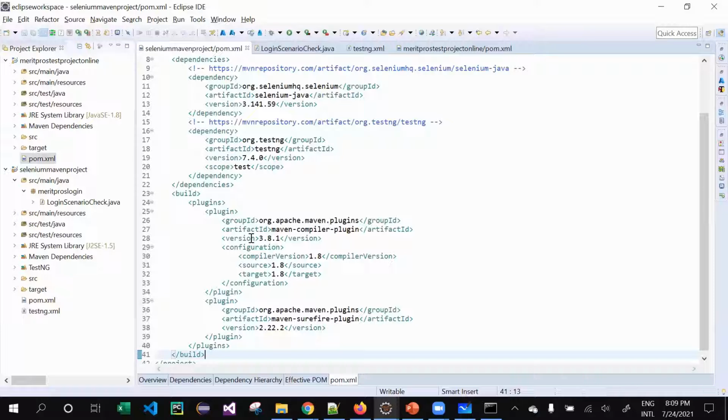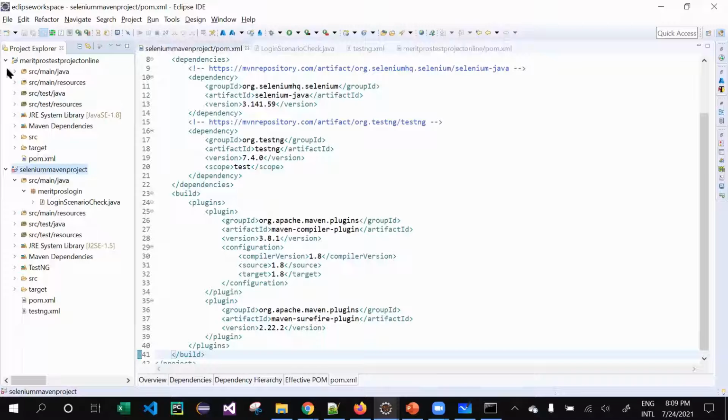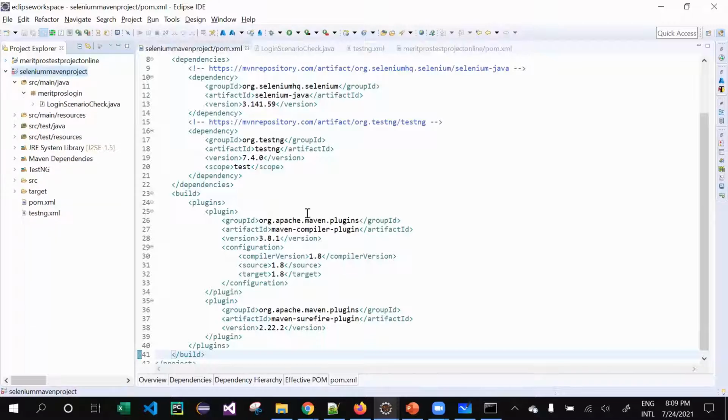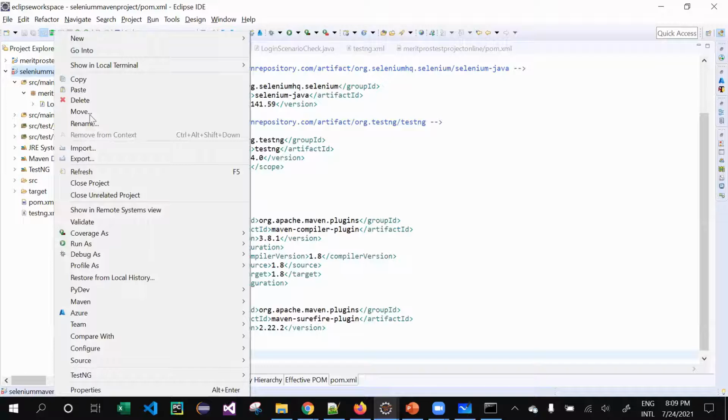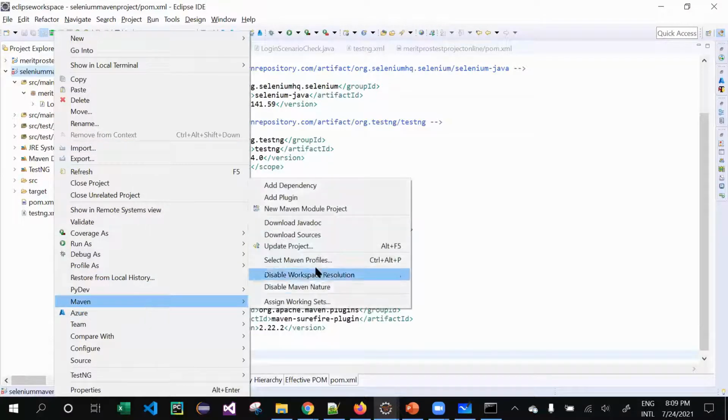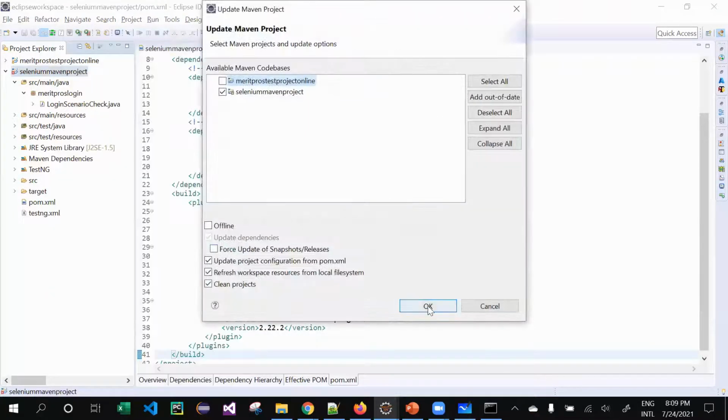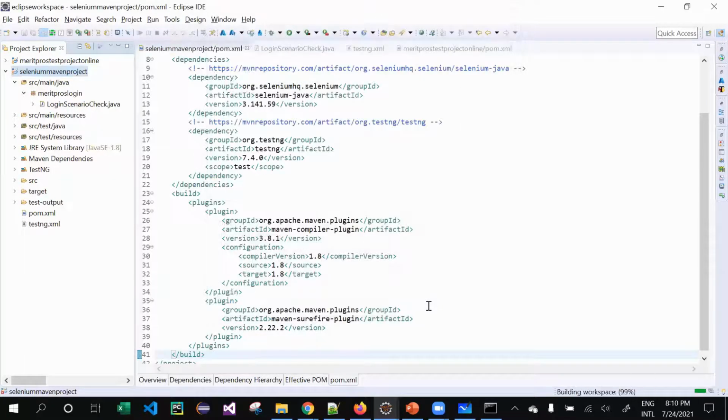Okay, I'm saving it. Once you save it, we need to update our project, since we added build plugins. So right click Maven, update the project, click OK, and all your errors are gone. Perfect, looks fine for me.